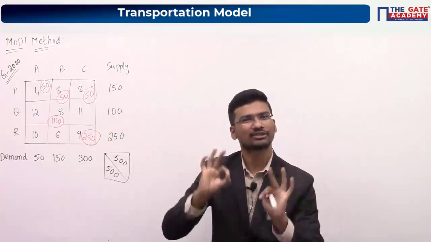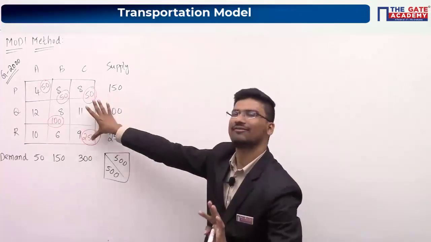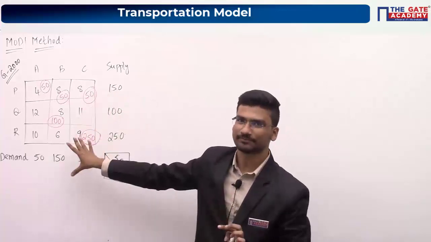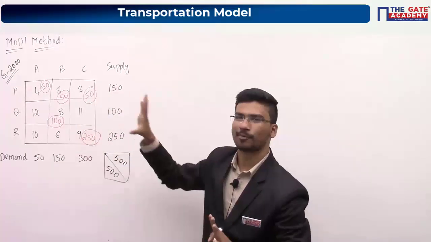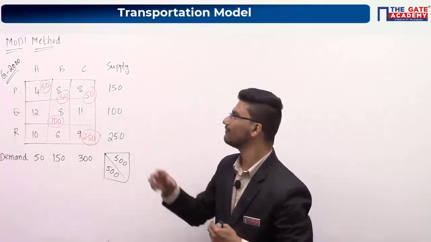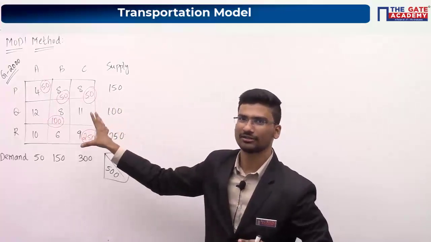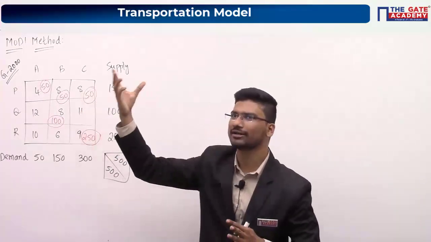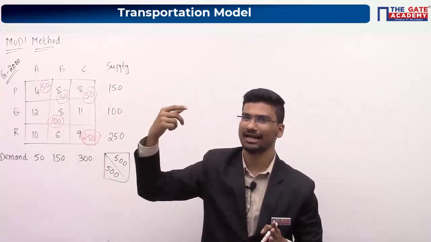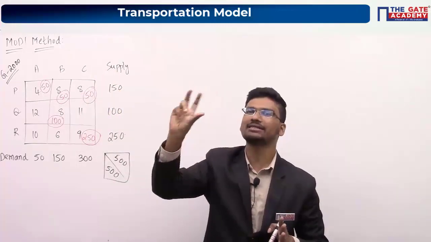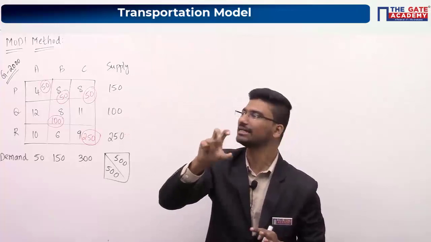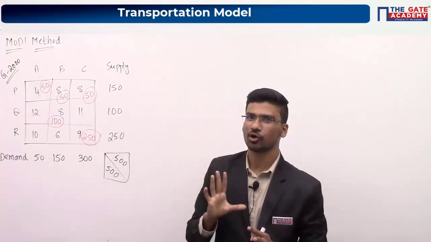In the question itself, they have given one initial basic feasible solution, and we have to check whether the given solution is optimal or not. These types of solutions you already got in the VAM method, LCM method and NW method. So you can take any solution from those methods and check it using the Modi method. So hope you have understood.